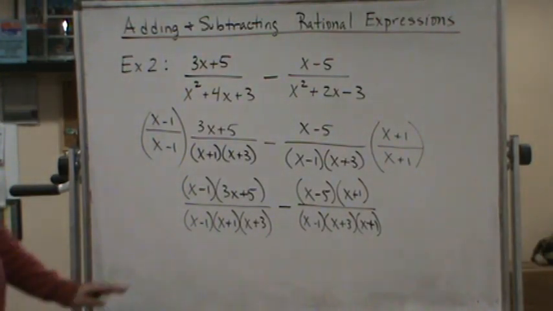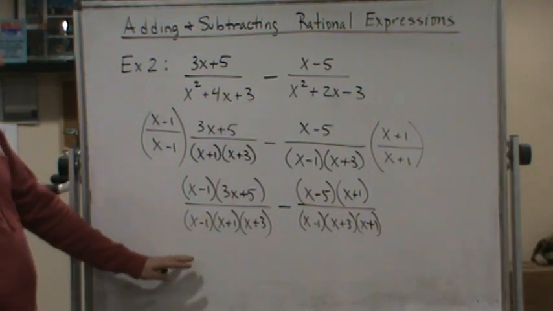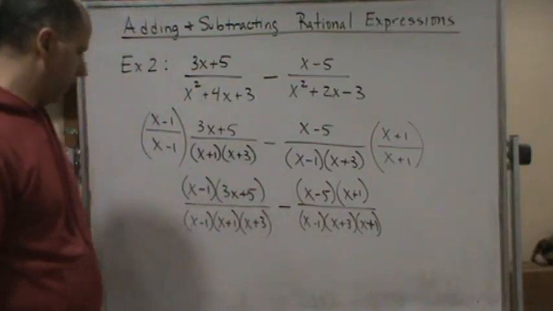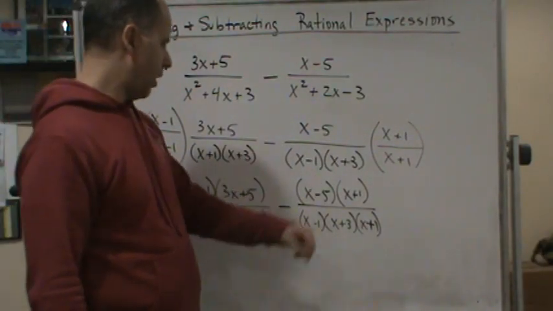And now I've got two rational expressions with the same denominator. And so now I can add across the top